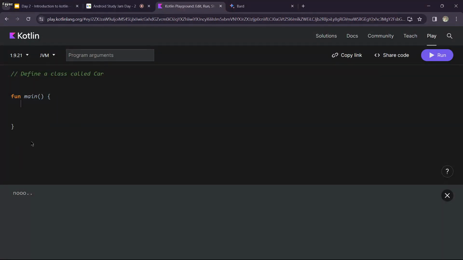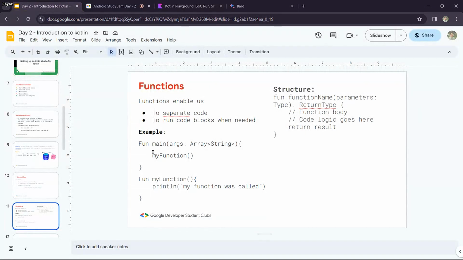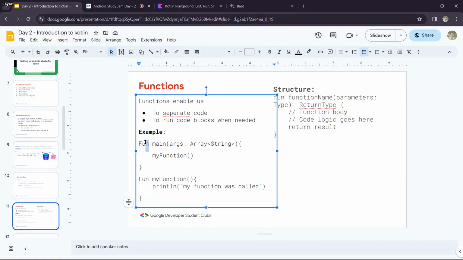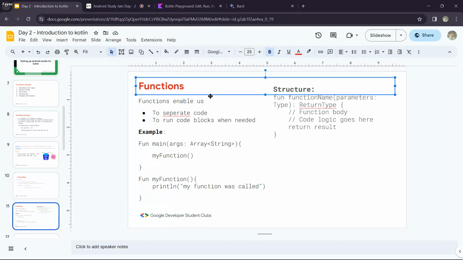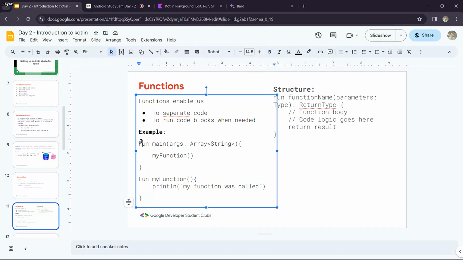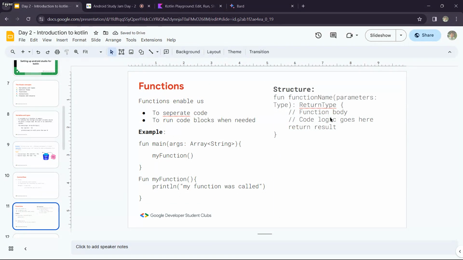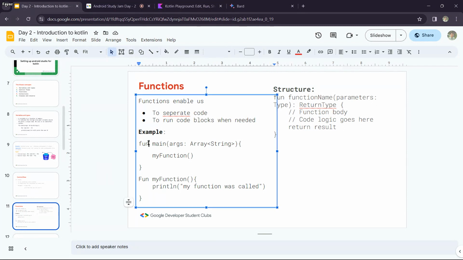Let me remove all of this. I will make a function first. I forgot to explain the structure. In Kotlin, you will use the word fun. You are going to create a function with the keyword fun, and you can see the main function also starts